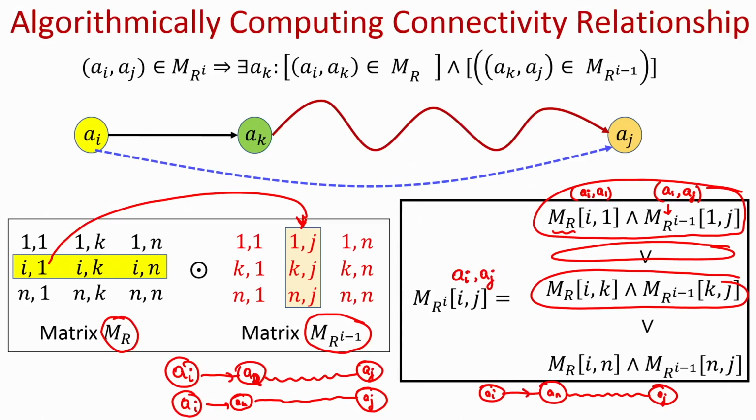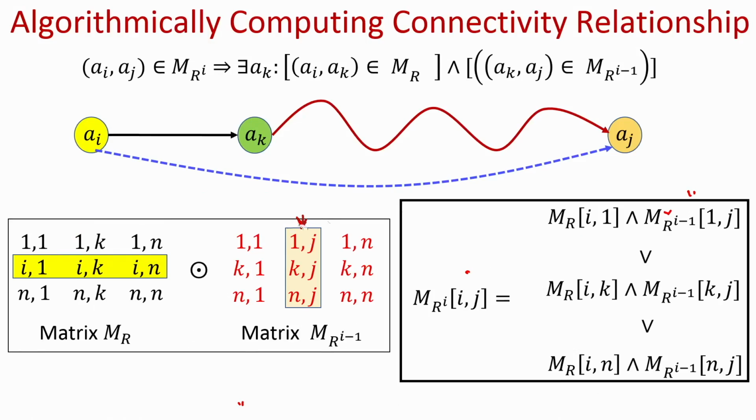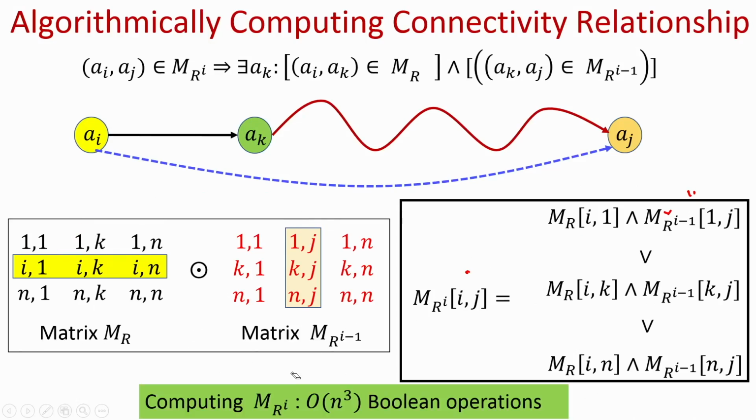But if none of these n conjunctions are true, then the disjunction of n zeros will be zero, and that is why the (i,j)th entry will remain 0. So, you can see here that if you are given the Boolean matrix of the relation R, and if you have computed the Boolean matrix for the relation R power i minus 1, then to compute the (i,j)th entry of MR,